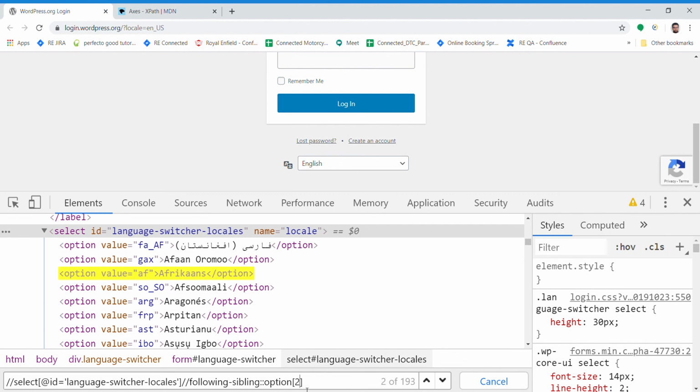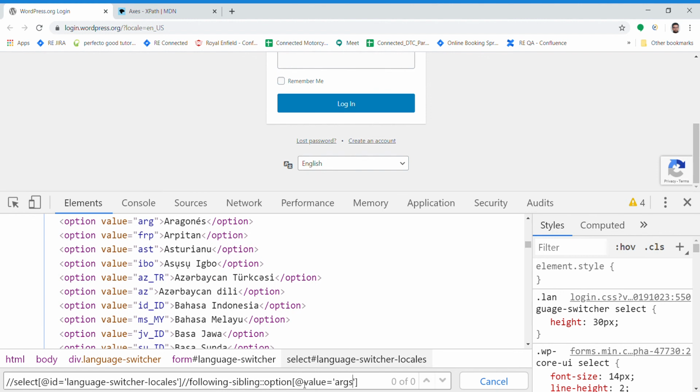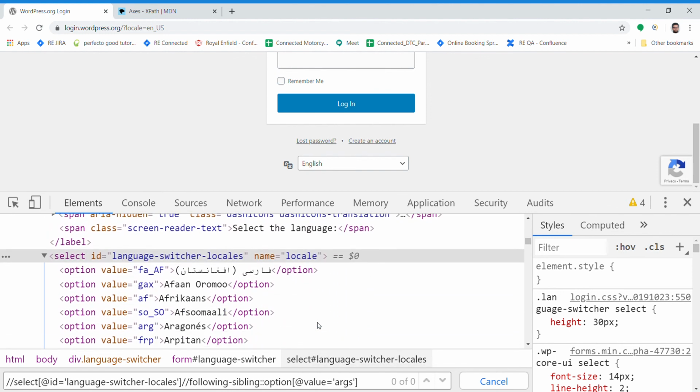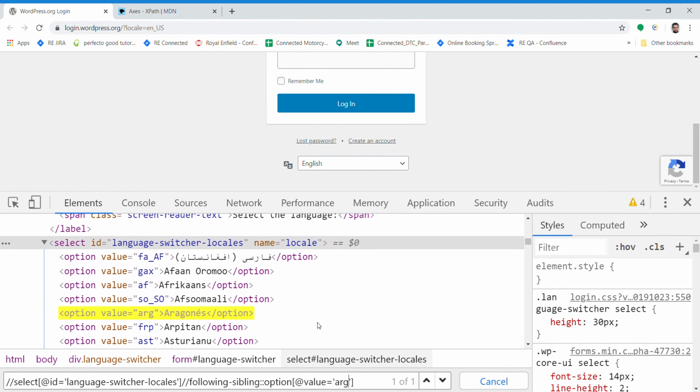Okay, see, since we are selecting the second one only, but there are multiple nodes having the same tag option. So if you want to come to a specific node, you can use a similar approach internally here, providing this tag name also. Let's say if I want to use the value args, I can provide @value equals args here also. So this is how we can find this element, right?